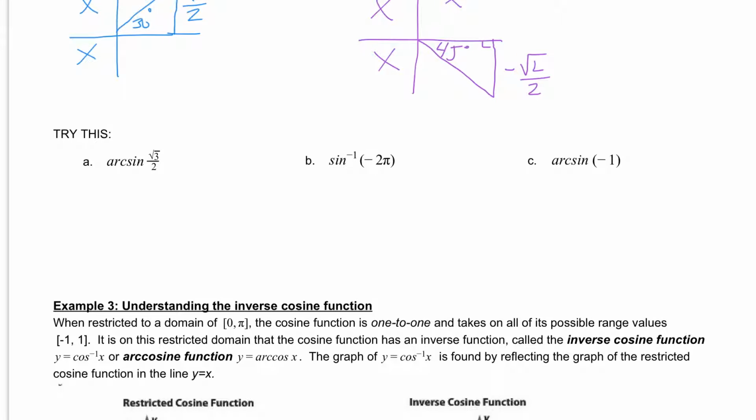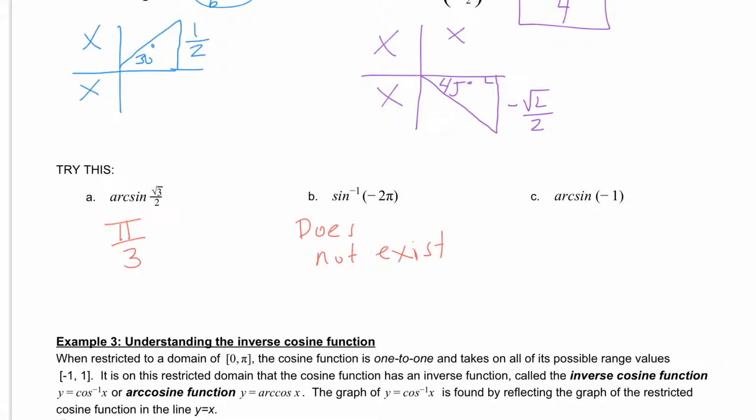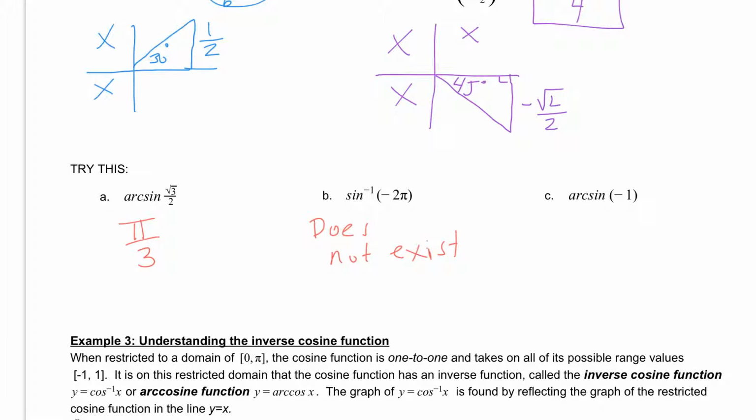If you did the try this correctly, in letter A, you should have gotten pi over 3. Letter B does not exist, as negative 2 pi is not where we want it to be. It doesn't fit in our domain. And letter C should have been negative pi over 2. Remember, with our sine function, we are going from negative pi over 2, which is right here,